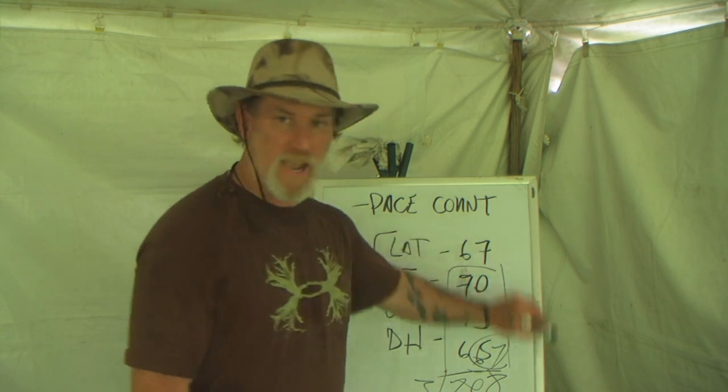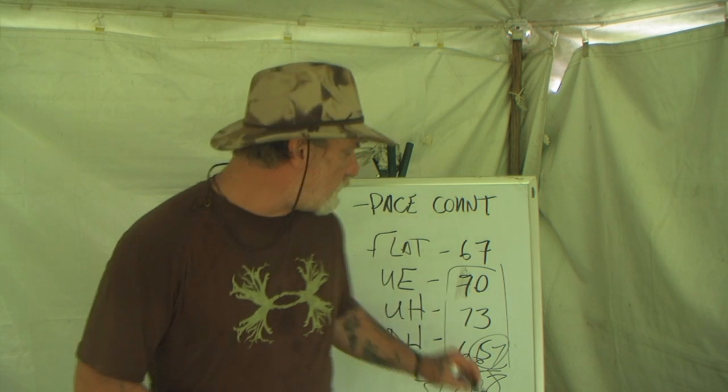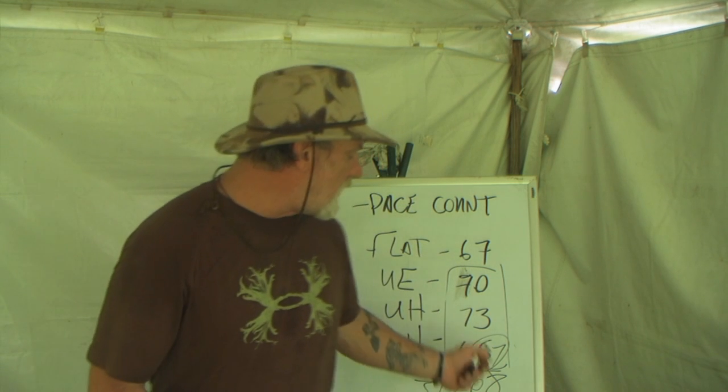And that is where pace counting comes in very handy, especially for longer distances. If I'm shooting an azimuth from one hilltop to another, and that hilltop is 2.5K away, according to my map, and I start pace counting, it might take me an hour or an hour and a half to get there. But once I pace count, I'm going to lose track of the time of day unless I have a watch or how far I've walked. But by pace counting, I can keep track of that in my head very easily